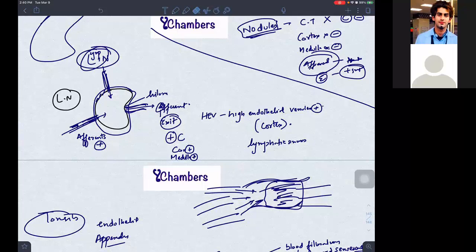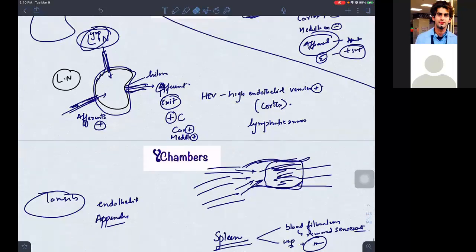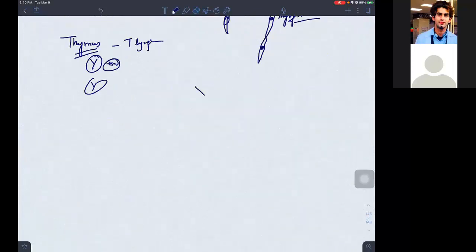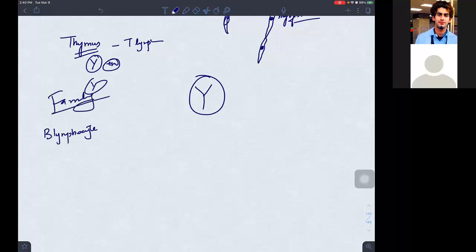Who is the primary lymphoid organ? Bone marrow, very nice answer. So what is bone marrow doing? How to make an antibody? What is the sequence, the family tree of antibody? First a B lymphocyte is there. I'm talking about the family tree of humoral immunity, a small three or four generations.